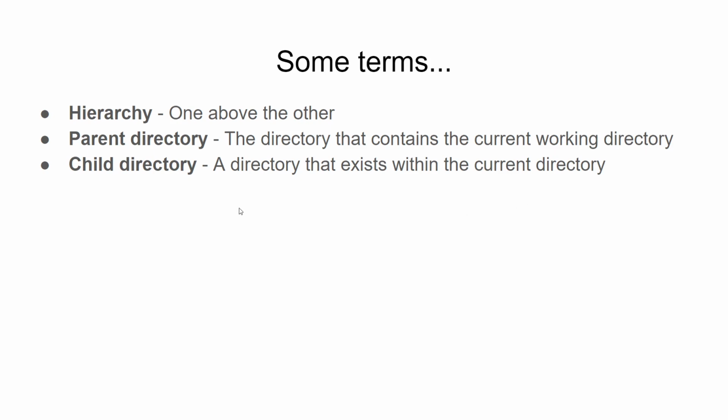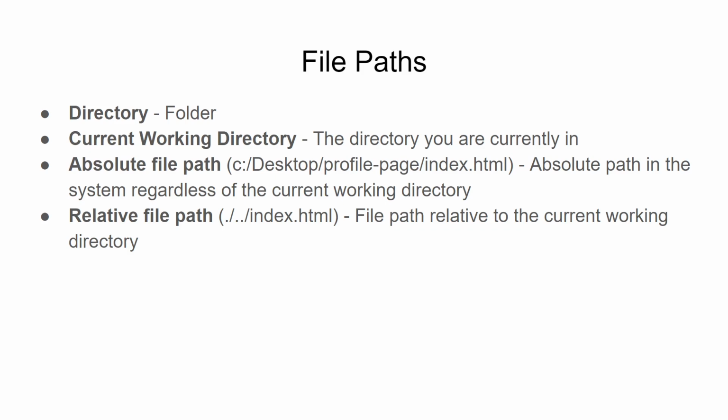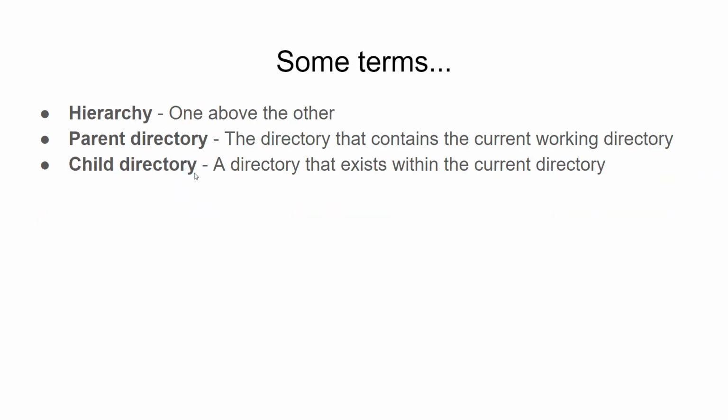And there's also a couple of other terms called parent directory and the child directory. We already saw what a current working directory is. So parent directory is just the directory that contains the current working directory. So if you have a folder in which you are currently, if you go one level up, you will see the parent directory. Similarly, when the current working directory has another directory inside it, then we call that directory a child directory. Okay, so parent and child, not very complicated terms. So these are some useful terms in relative file paths.